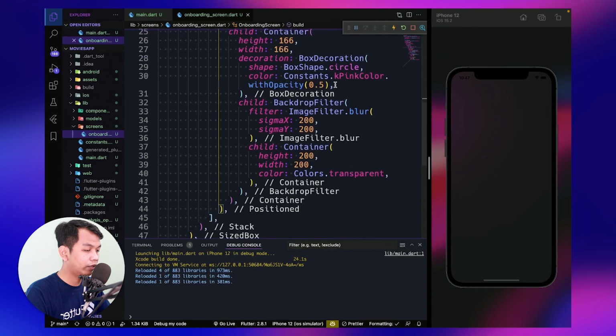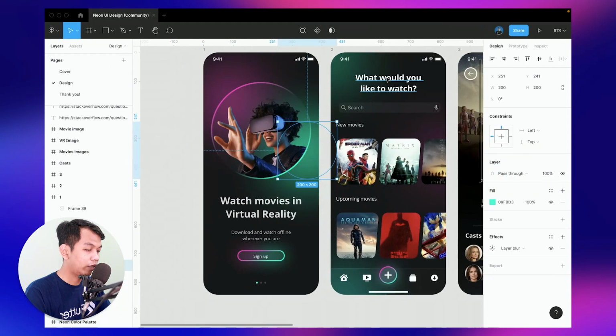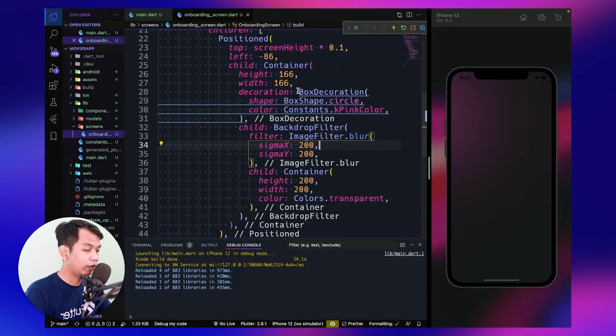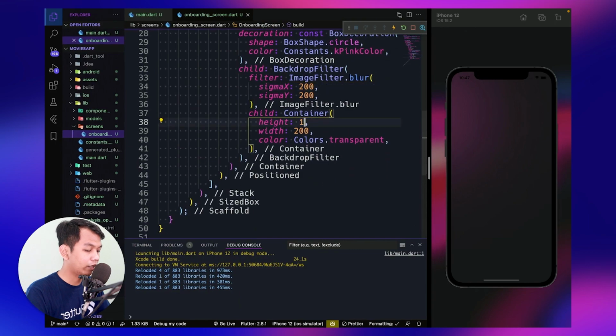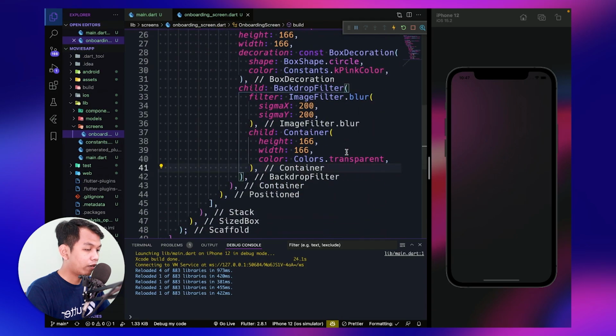And we don't need this opacity. Okay, it looks similar, and we need to give const here. And for the sigmaX, this is similar to the parent. Okay, yeah, that's for the first blur circle.